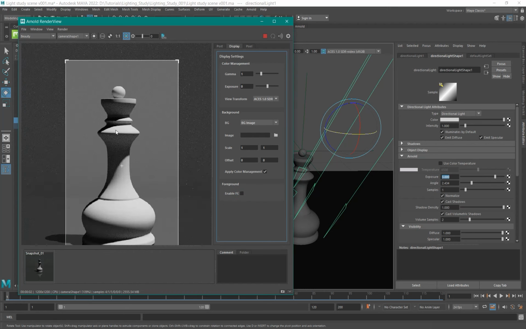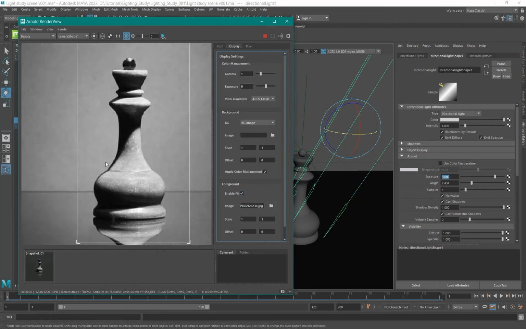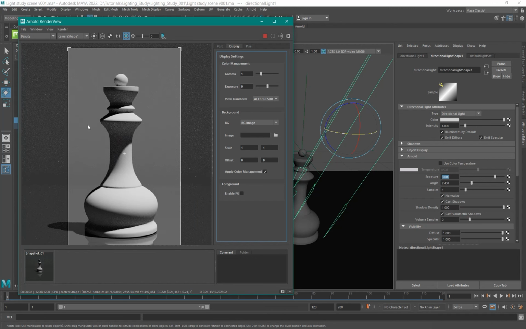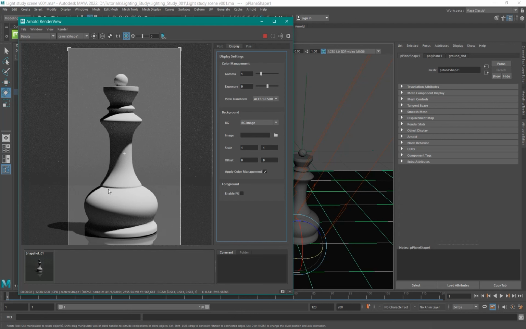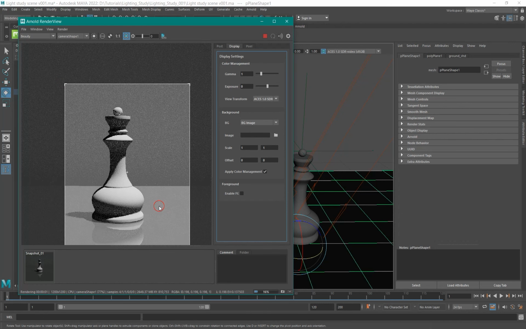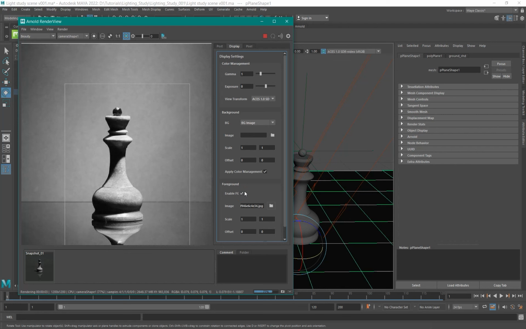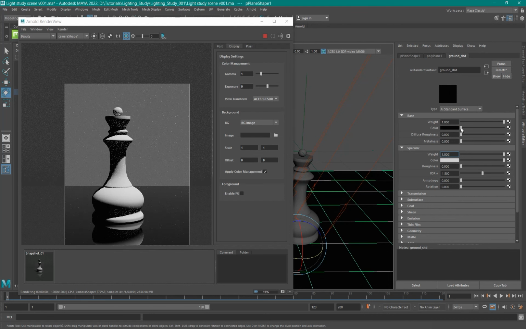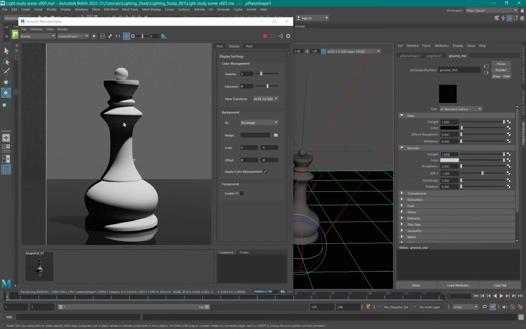One thing I am seeing here is that on the object the shadows are very dark, we are not getting much indirect light from anywhere to here, but in here we are by default getting a lot of indirect light. That is probably because color intensity of the ground is brighter than it should actually be. So let me just reduce the ground intensity a lot, which you can see gives me more darker shadow